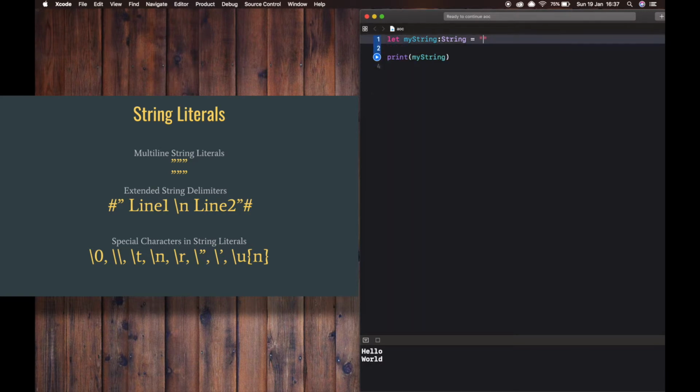We can include special characters in string literals. For example, the new line character, and if you want double quotes, you can also include Unicode scalar values, like example \u.